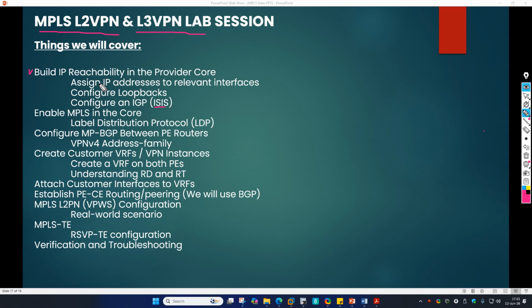In the interest of time, I will go ahead and configure this. This is basically basic IP addressing, nothing more. This is something that you already know. And then we will start our lab by configuring ISIS, and then we go ahead and